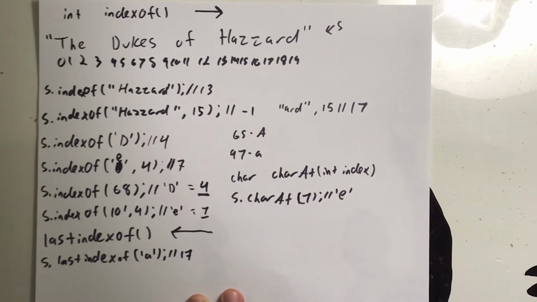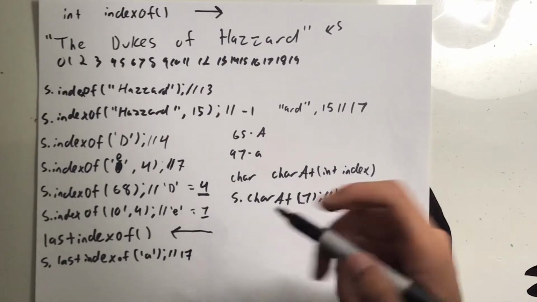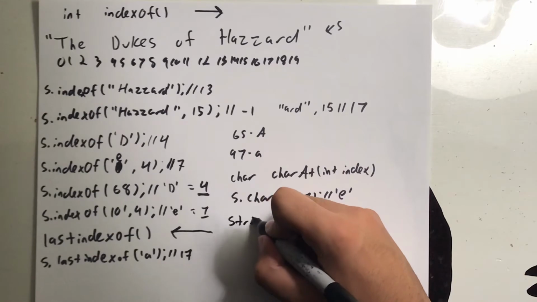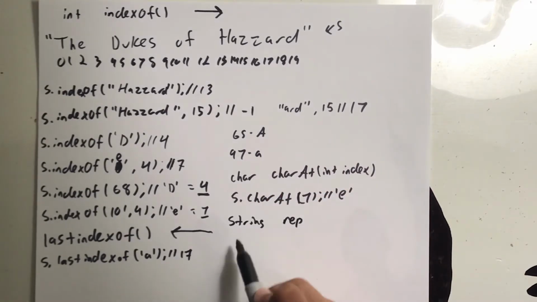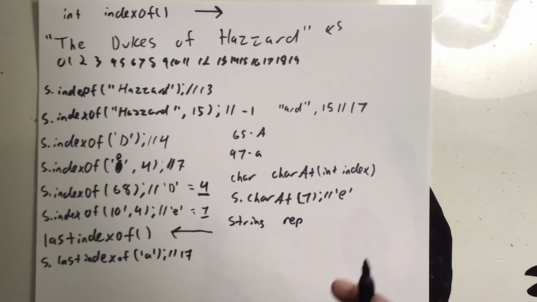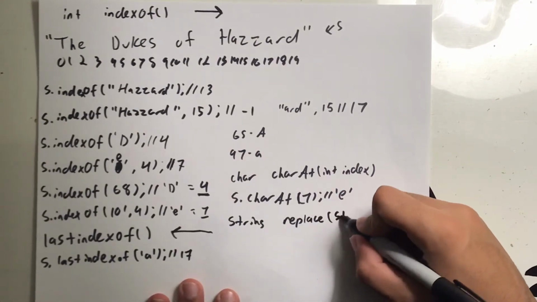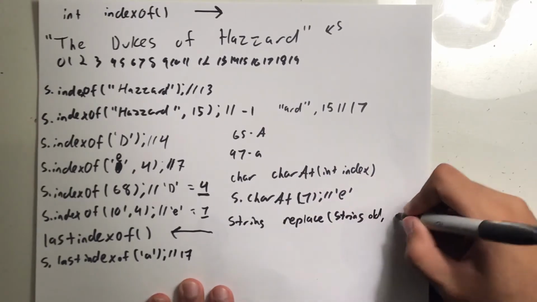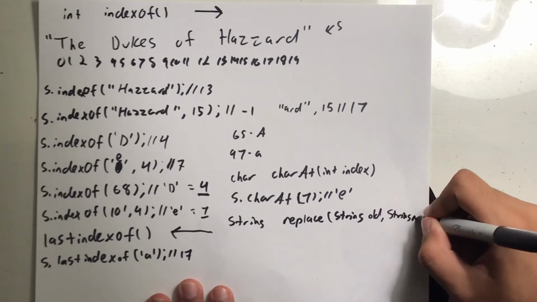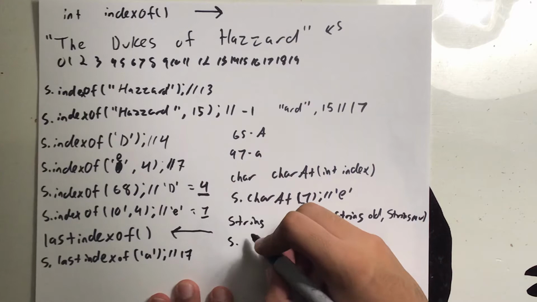And then all these other string methods that I'm talking about are pretty self-explanatory, such as the replace method. String replace. Remember, this is the data type that's going to get returned, and this is what the method is called. So we're going to do string old, string new. These are the parameters. So let's say we want to do s dot replace